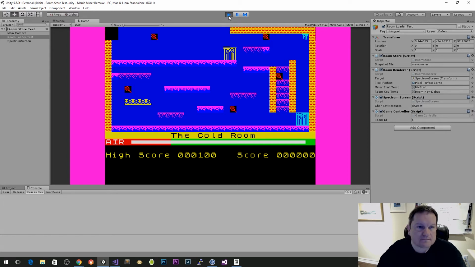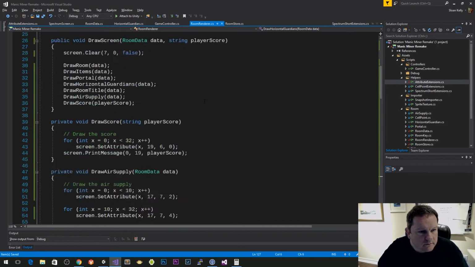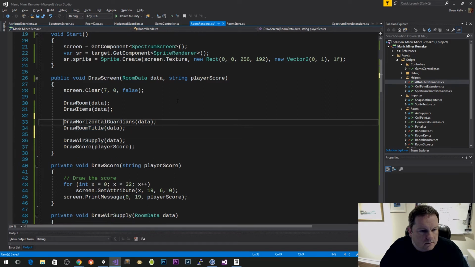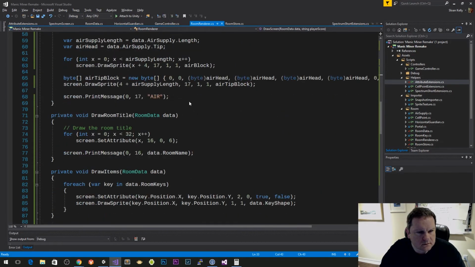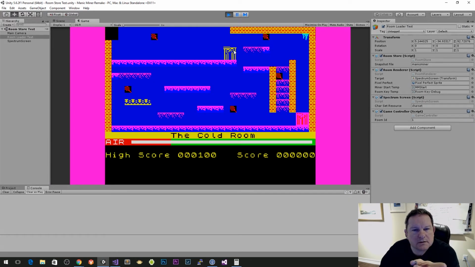Oh, okay. So we have to draw the portal on top of everything else. I think that's right. Draw portal. Yeah, draw portal. Make this the last thing drawn in the room. And then, so let's find out why. So this is, let's look and see what this is. So this is supposed to be the,